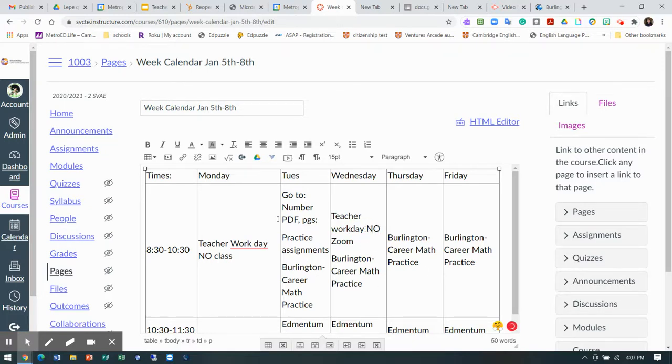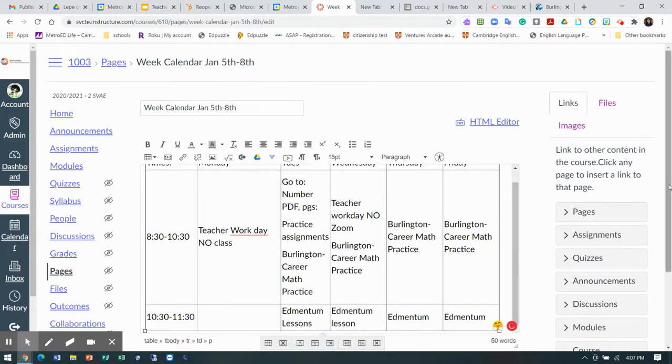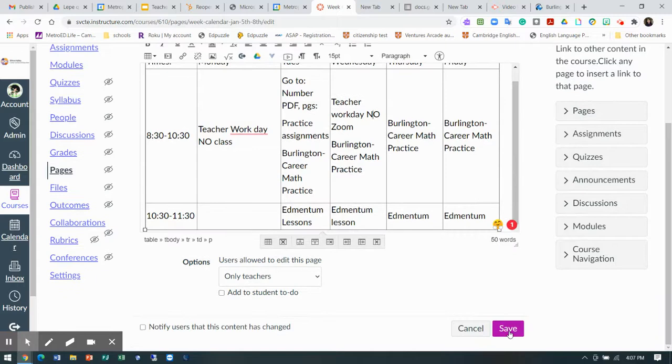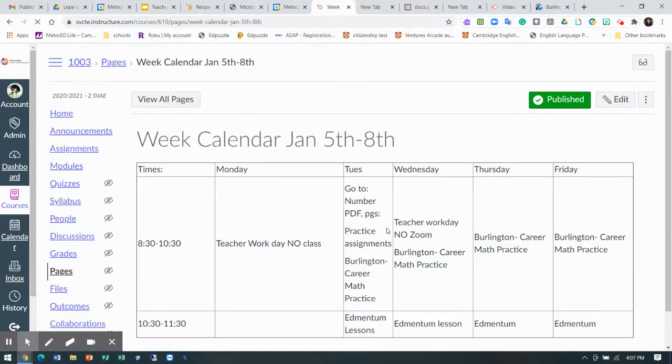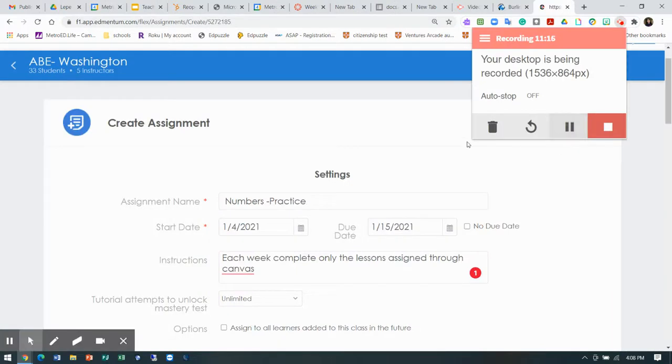Zoom. Okay. So that's really important. So then I have that and I save it. And now I have to go find my Edmentum lessons. So again, what I would do is I would